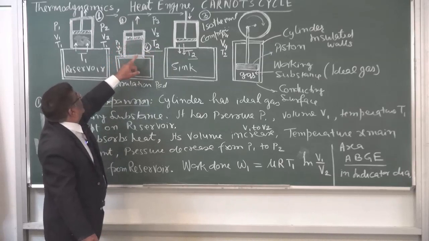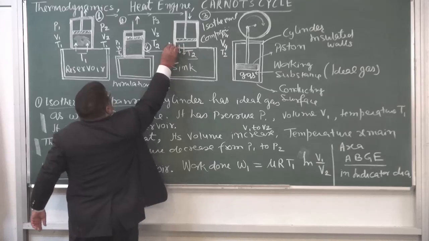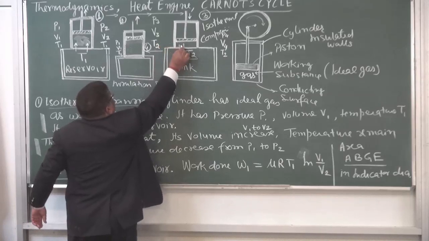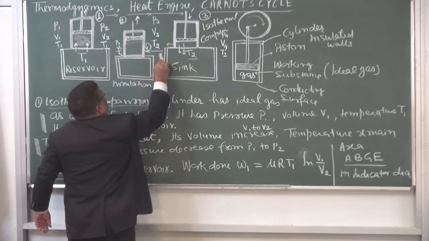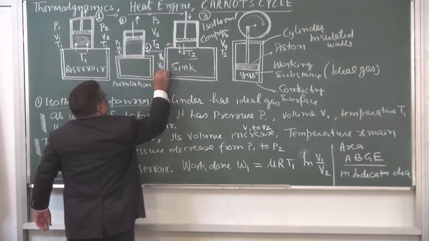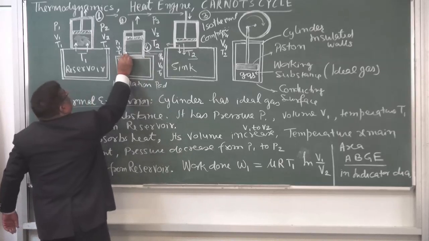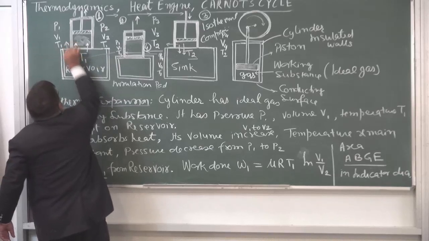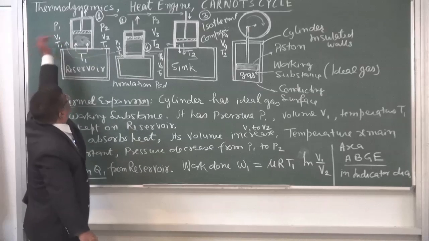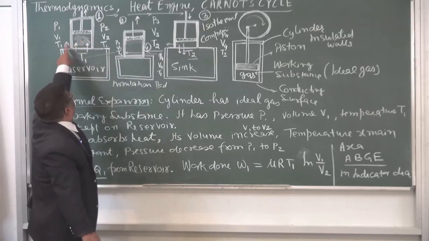P4 V4 T4 जो हो चुका है, यहां पर ये जो कंप्रेशन हुआ था, इस कंप्रेशन से हमको रिजल्ट क्या मिले थे? P4 V4 और T2। ये P4 V4 T2 को कंप्रेस करते हैं एडियाबैटिकली और कहां पहुंचा देते हैं? P1 V1 T1, और ये यहां चला गया। फिर से दूसरा साइकिल स्टार्ट होगा।